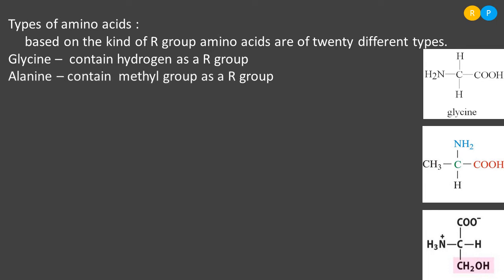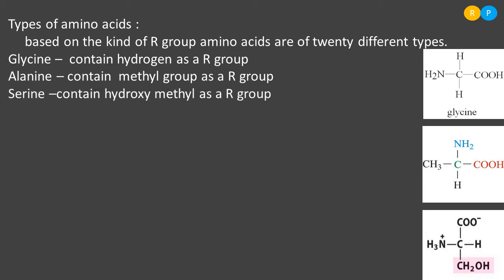And the second amino acid is alanine, right? In the case of alanine, the methyl group is present in the variable R group position. You can have a look at the second structure I have displayed on the screen. There is a carbon at one end, the carboxyl group, then the amino group, and in place of the variable R group we can see methyl, CH3. Clear? So if methyl is present in the R group, that amino acid is named alanine.